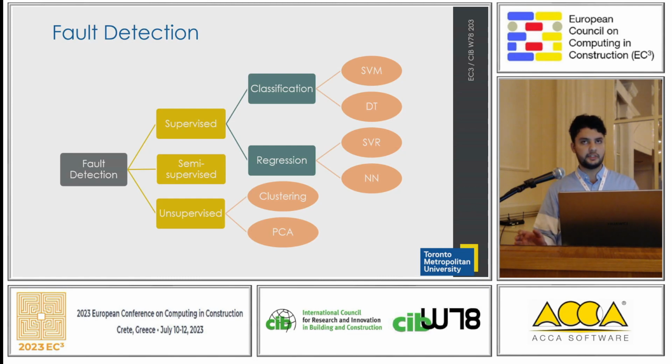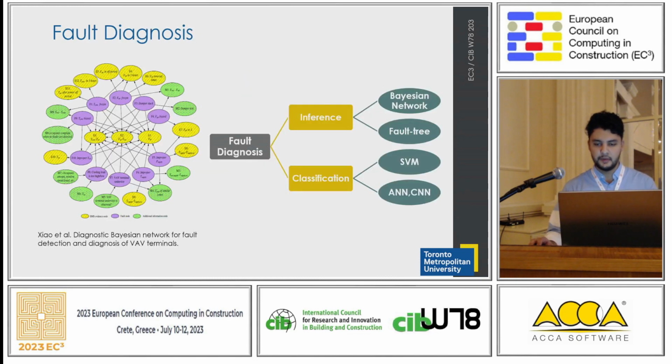A few days ago, I was running a very basic clustering algorithm on my data set, and I reached 46% accuracy. So it means if a facility manager sits at the table and flips a coin, he has a higher chance of detecting the fault. So we don't need to hire data scientists to develop such algorithms.